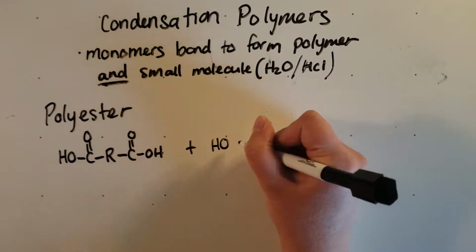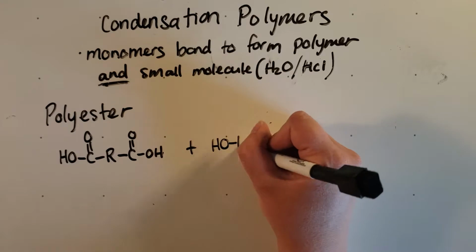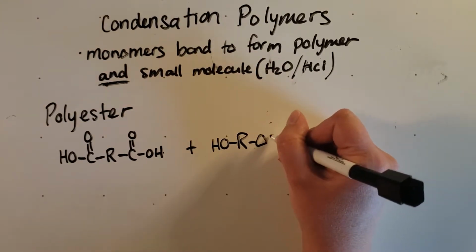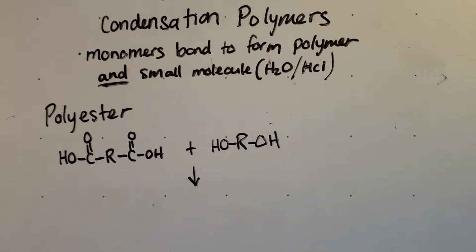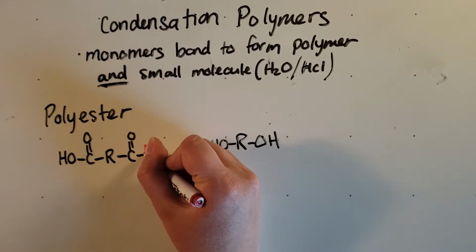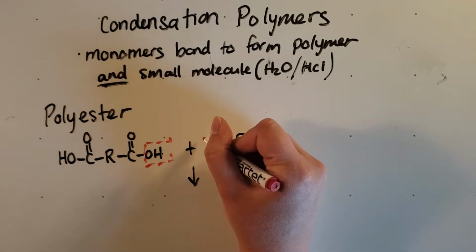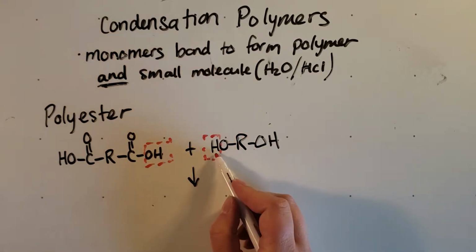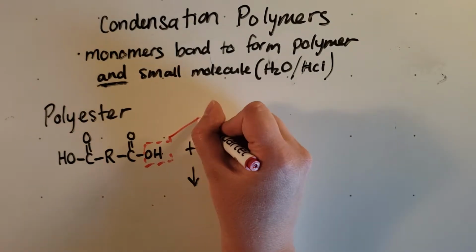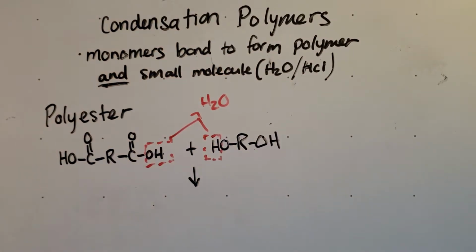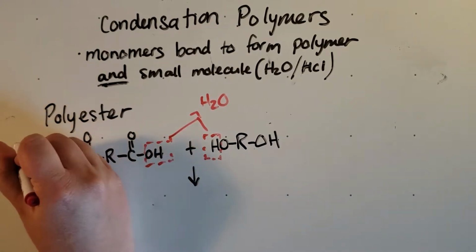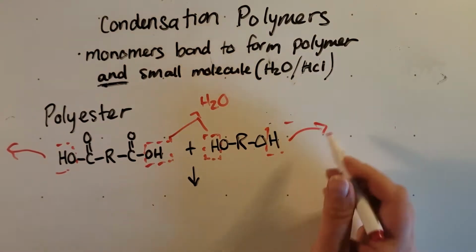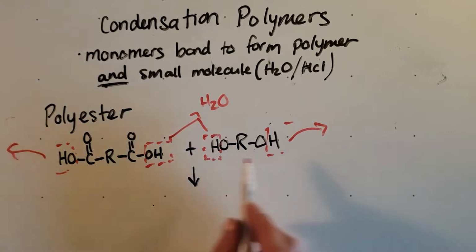So you have your alcohol group, any sort of length chain, and then on the other end your alcohol group. So when these combine and we get our ester link, let's use a different color, see what happens. Just like forming the ester, that OH from the carboxylic acid will leave and react with that hydrogen from the alcohol, and that's where we're getting our small molecule H2O. Okay, and that's going to happen on either end. Okay, so this will leave, that will leave. Obviously we can have another H2O forming between that